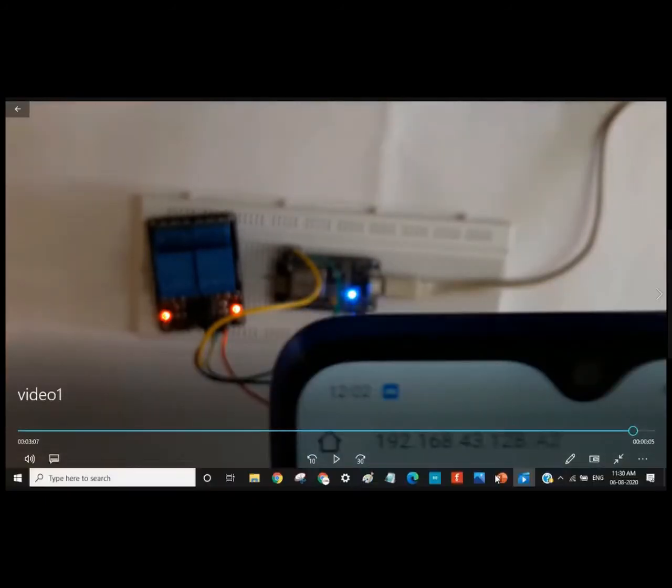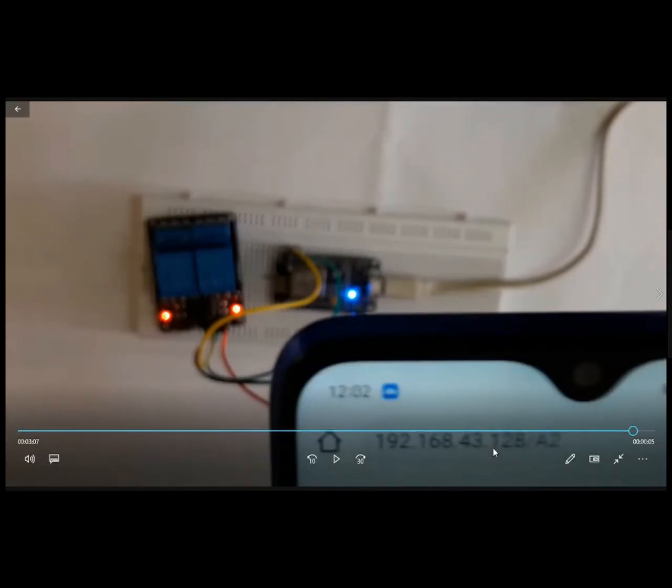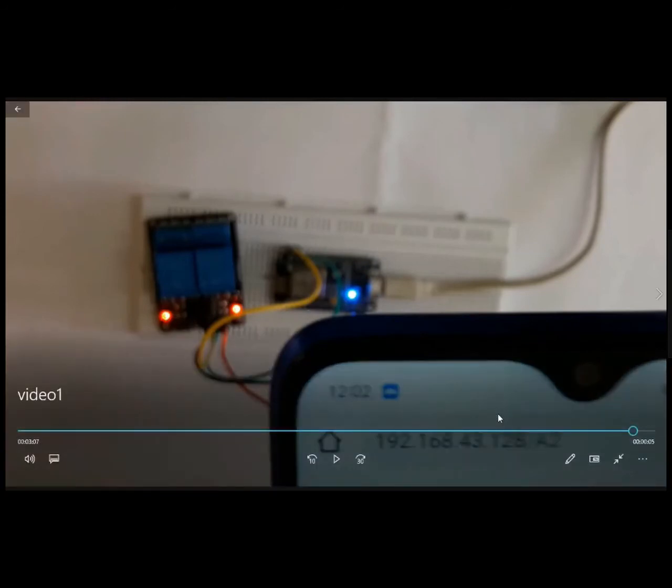Okay. So this was with a minimum interface, right? It doesn't have any user interface. We are using a Chrome browser here. You can use any browser to navigate to that page and switch this on or off. But you can also have a UI in this case. For example, for switching on relay 1, you can have a button or a slider button, and for switching relay 2 on or off, you can have a button for that too.